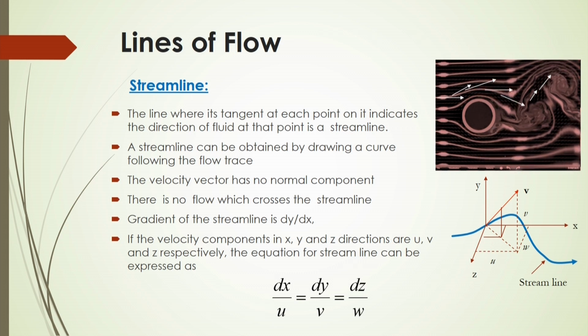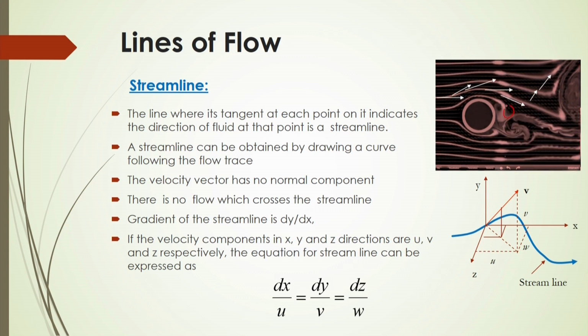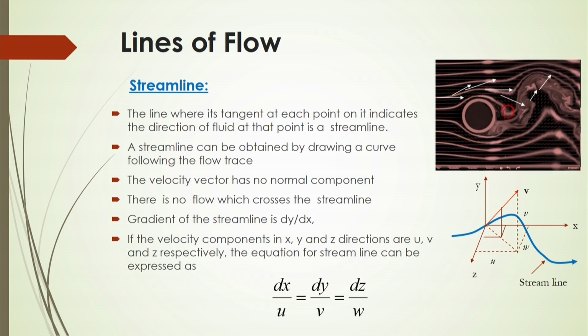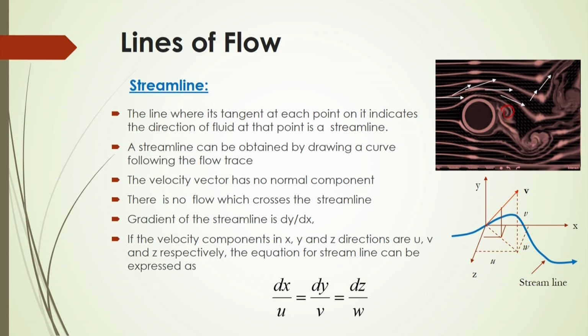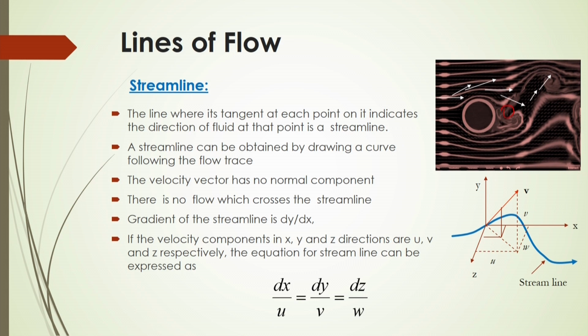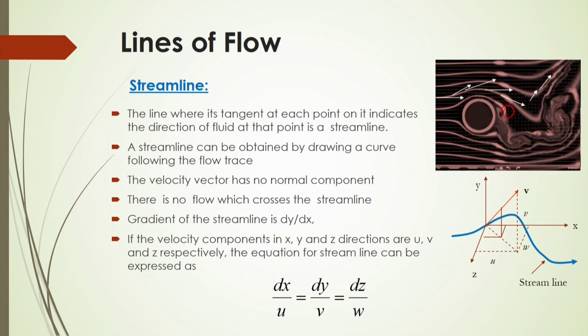But at that particular location you will see there will be a breakage of that streamline. But beside these points you will see some other lines following a certain fashion. So, a certain path the particles will follow. In that case, the line whose tangent at a particle's point indicates the direction of the fluid flow at that particular point will be called a streamline here.